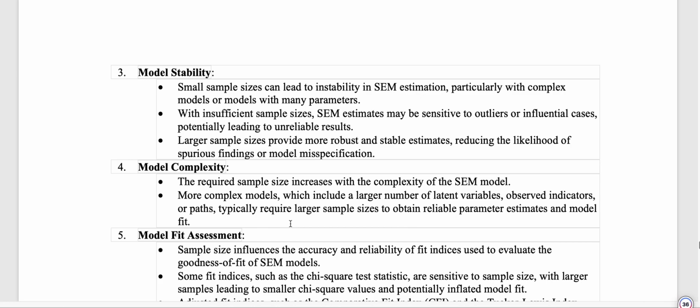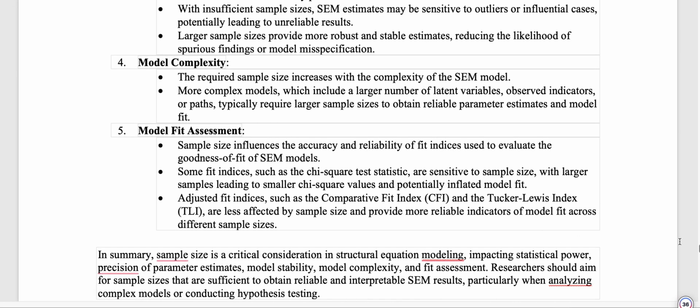More complex models, which include a large number of latent variables and observed indicators or paths, typically require larger sample sizes to obtain reliable parameter estimates and fit. Model fit assessment: sample size influences the accuracy and reliability of fit indices used to evaluate the goodness of fit of structural equation modeling. Some fit indices, such as the chi-square test statistic, are sensitive to sample size, with larger